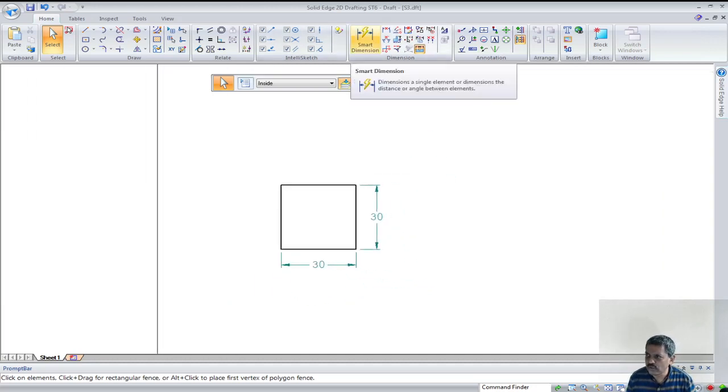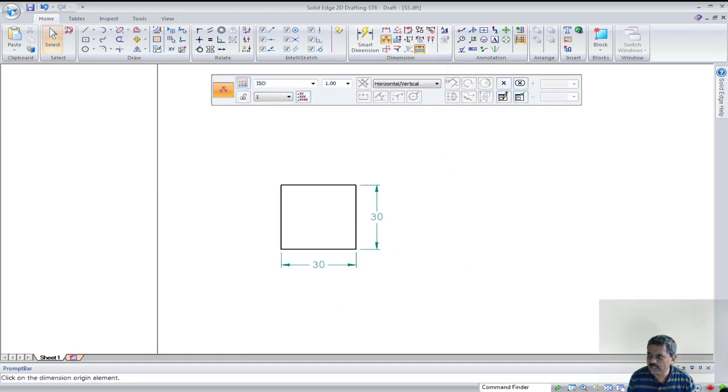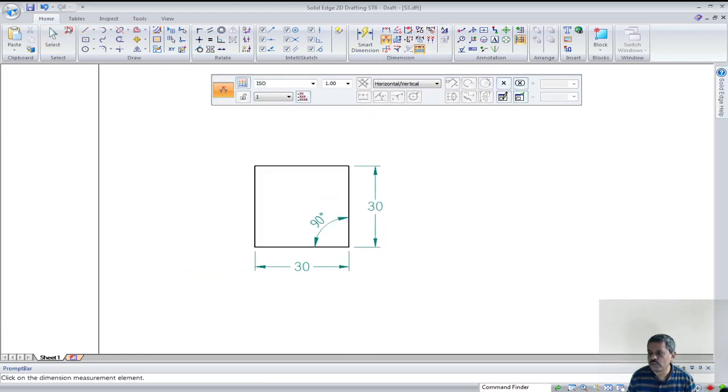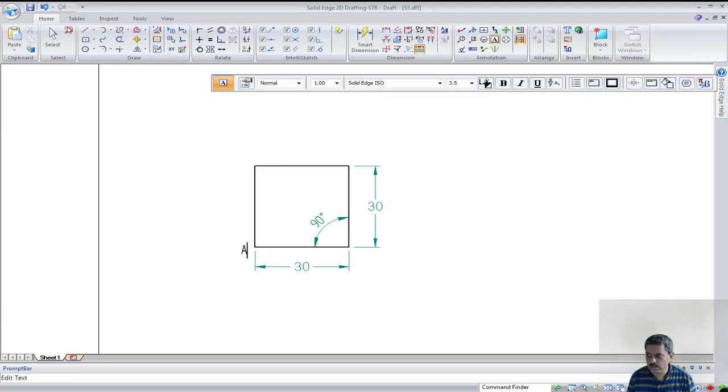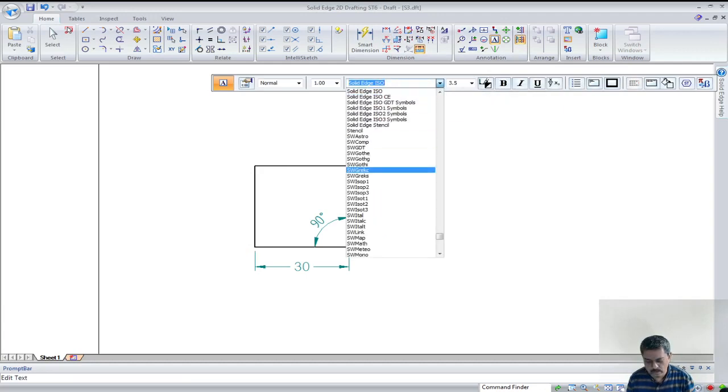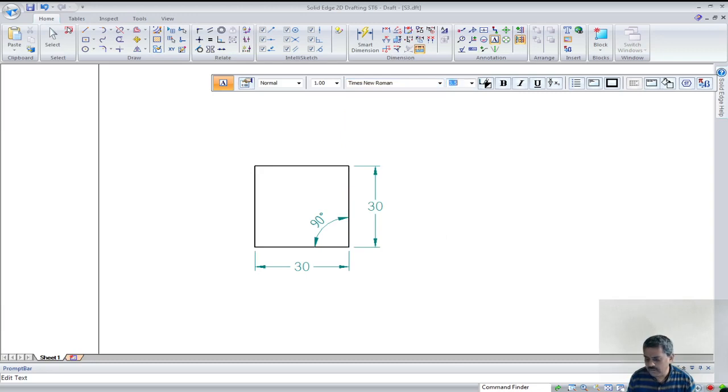And of course, you can also show the angle between them. There is another sub command called angle between. You select the two adjacent entities and you can see that angle between them. Of course, you can name A, B, C, D. For that, you can use text. So you can put A. Of course, for that, you can set Times New Roman as the font. This is a very important thing. And the font size is 3, and then italics. So these are the attributes of the font.